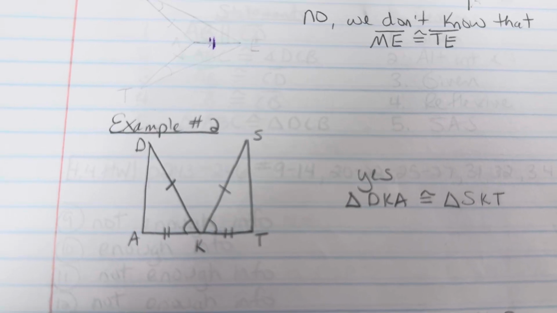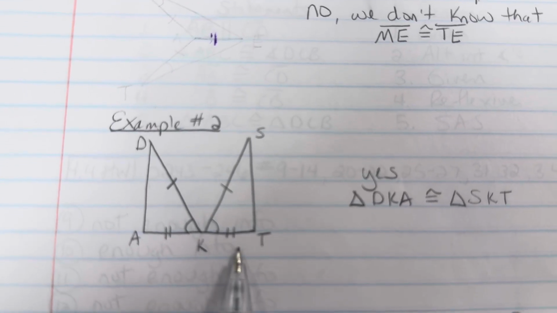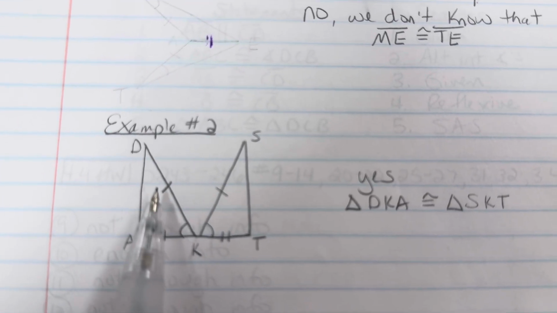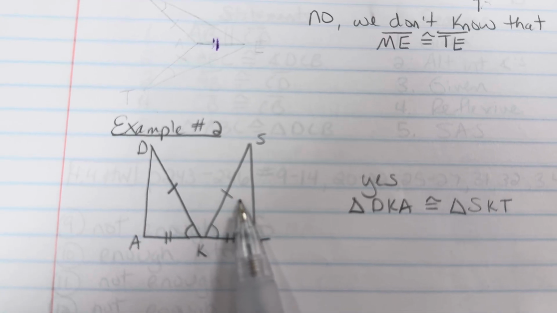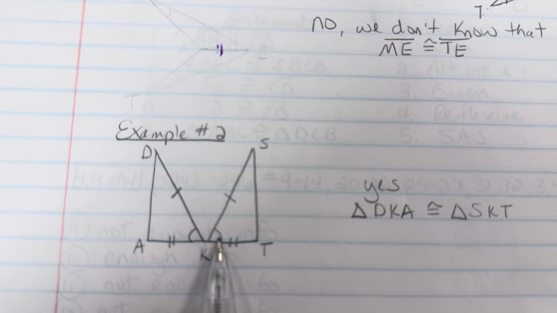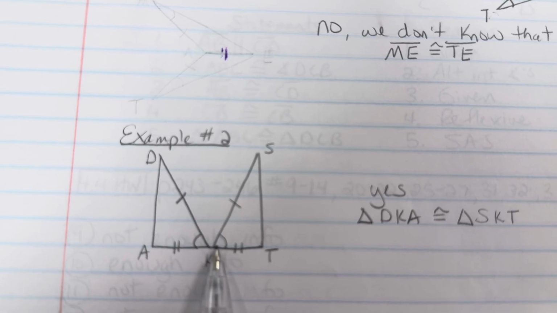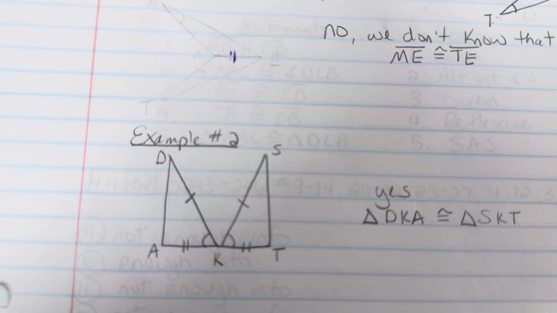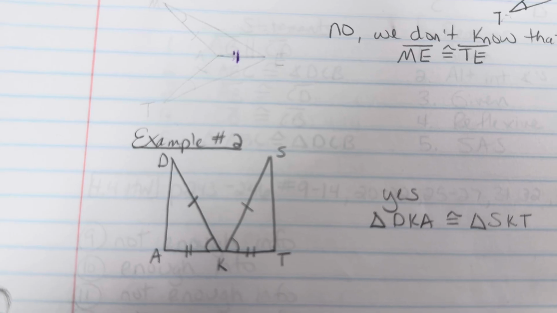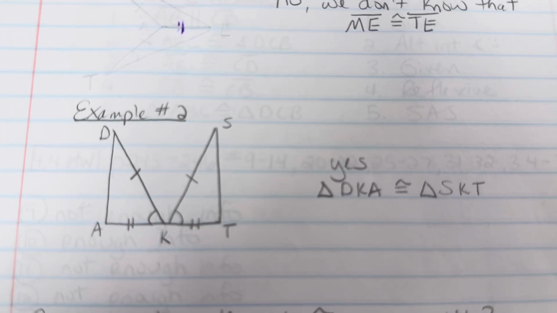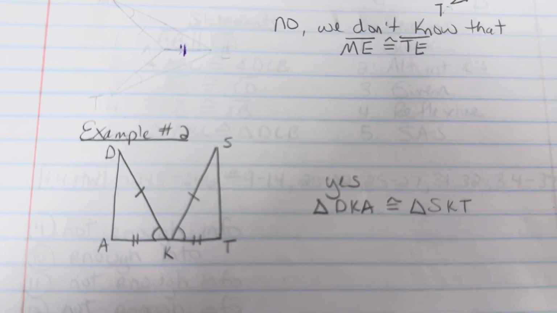This is an absolute yes. We have AK and KT congruent, and DK and SK marked as congruent, and the sandwiched angle between those two sides, angle DKA and angle SKT, are congruent. This is definitely a side angle side relationship, which means I'm allowed to write a congruence statement following that same pattern,